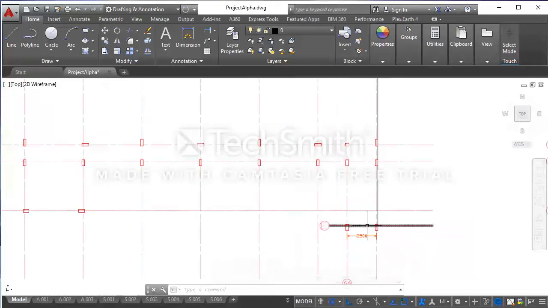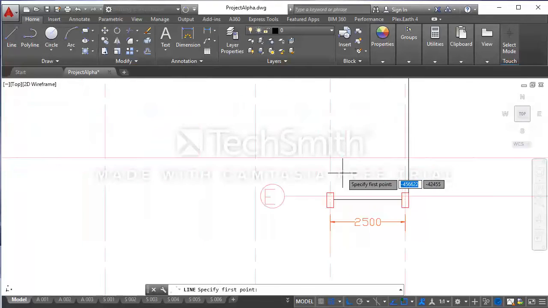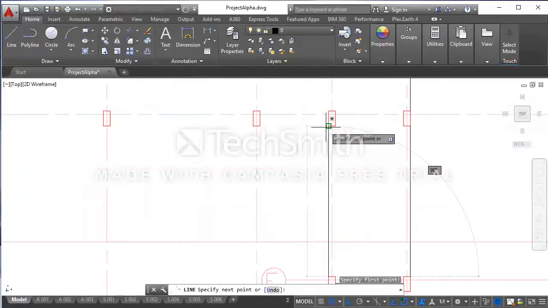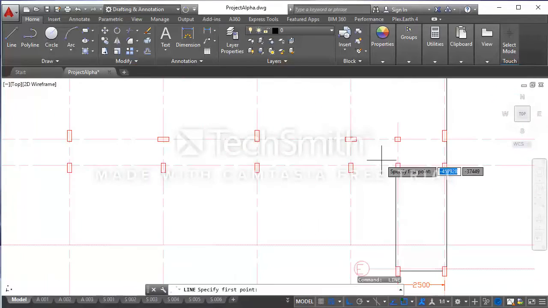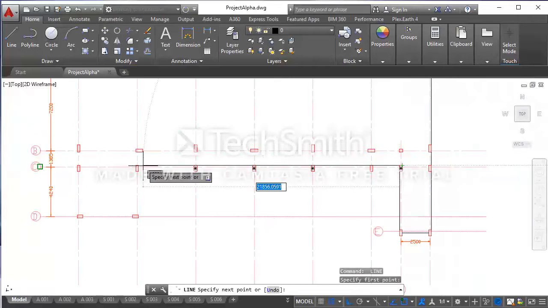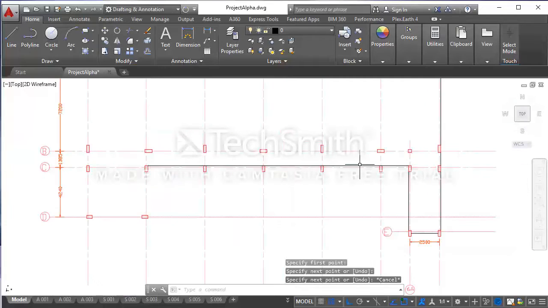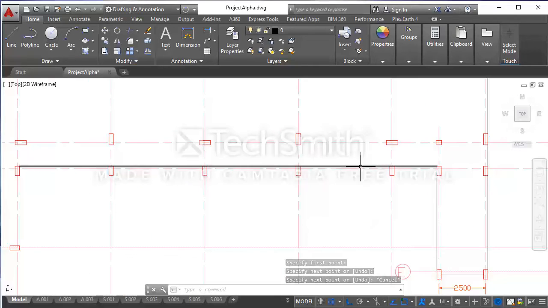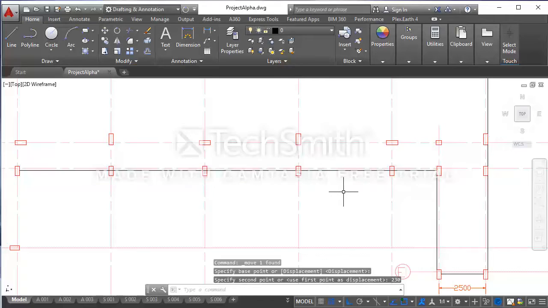I'll do that for grid line 6A. Activate the line command. We draw it here. So it has been drawn. Here I will draw a line from this face of the column down to this face of the column. However, this is not where my perimeter is located. The perimeter is located 230 mm down. So I'll move it 230 mm down. So I've done that.